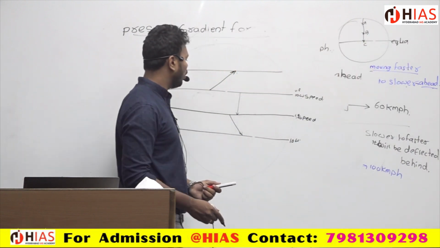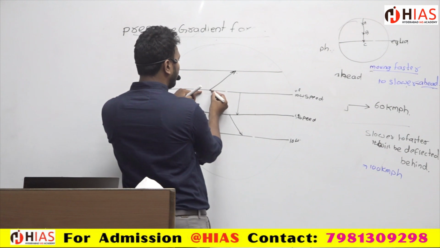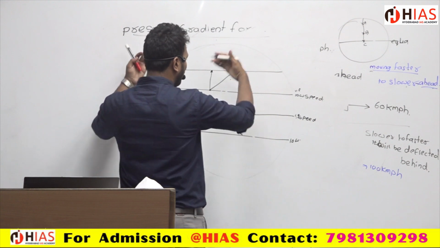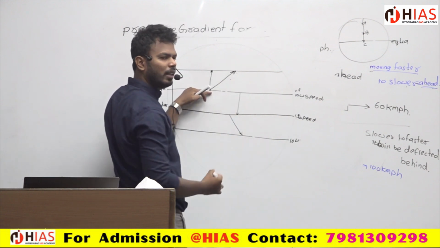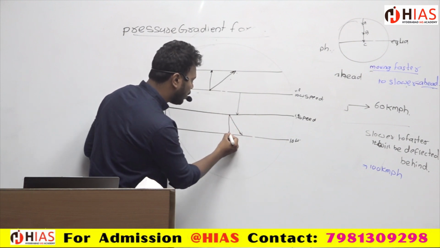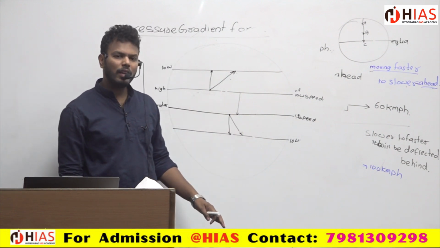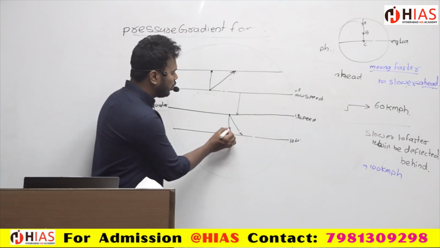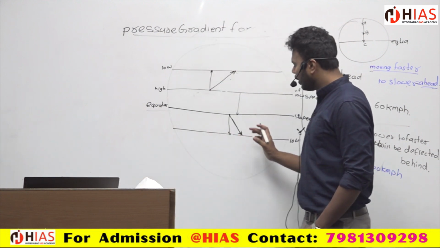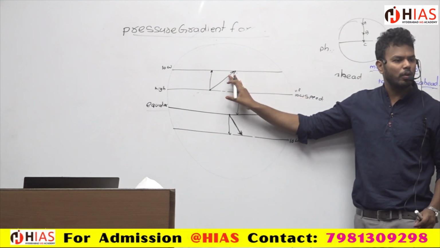So from this we can conclude that it is traveling from this point. It wants to travel in this manner, but it will deflect in this manner. So in the northern hemisphere, where is it getting deflected? Right side. Suppose here, it wants to travel from this point to this point. But in the southern hemisphere, it always deflects left side. Why? Because Ferrel has said that because of the Coriolis force, it will get deflected towards the left side in the southern hemisphere, and in the north it gets deflected towards the right side.